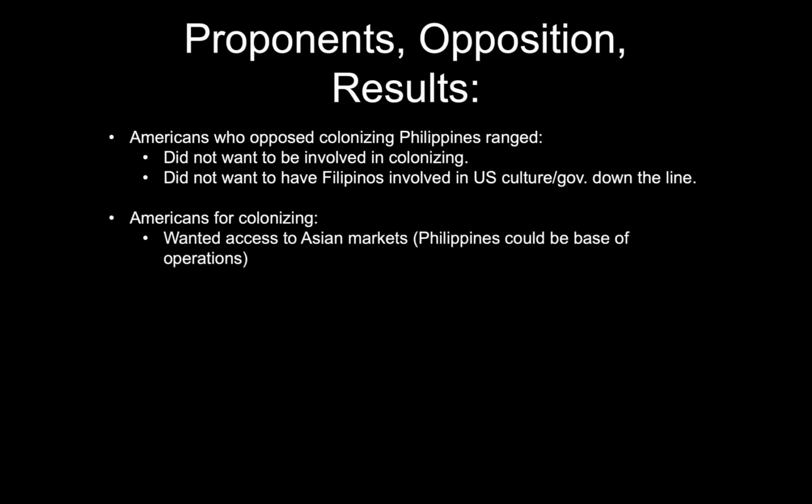Okay. Americans that wanted to colonize the Philippines and supported the war there, they want access to China, just like the Europeans have. Americans, if you're going to have a good industrial revolution, you got to have people to sell stuff to. And so the people that were really into the idea of American trade in China are really big into this. And the other fear is this: Germany and Japan would take the Philippines if the U.S. didn't. And that's probably true. So at some point, the Filipino people are going to be colonists of the Germans or of the Japanese. So if the U.S. goes in there, then they have an opportunity. Obviously, Japan will try to kick the U.S. out in 1940, 41 actually, right?